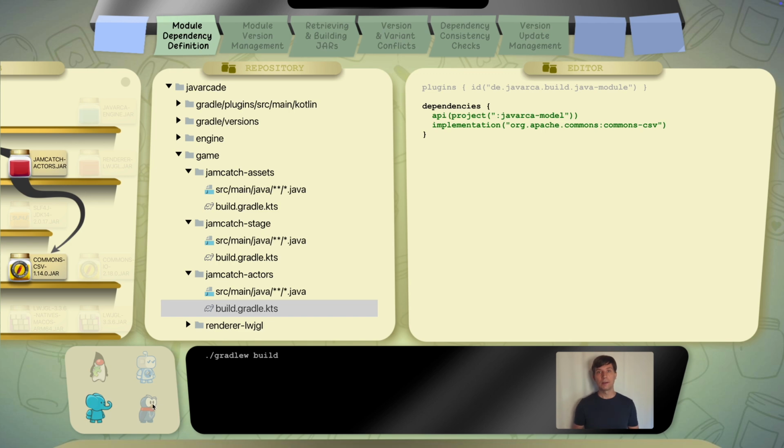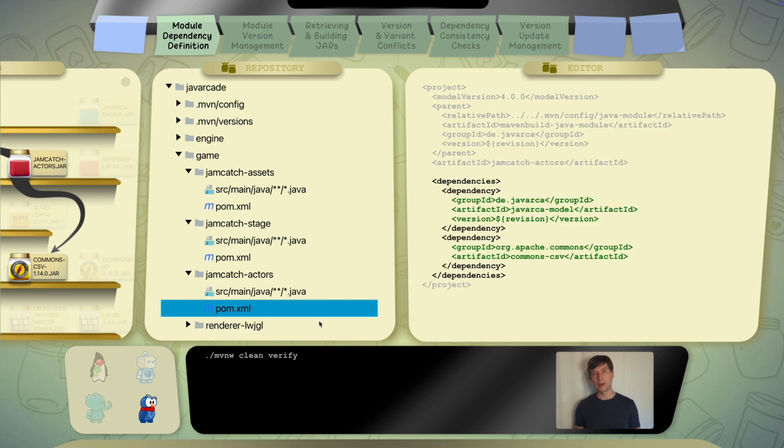Let's have a look at how this can look in Maven and how it compares to the Gradle approach. In Maven, we also have a plugin system, but that is not considered to be used for build configuration. So it does not use a concept of convention plugins like Gradle. Instead, the POM files you use for configuring your build can inherit from other POM files. That means you have an inheritance hierarchy of configuration files.